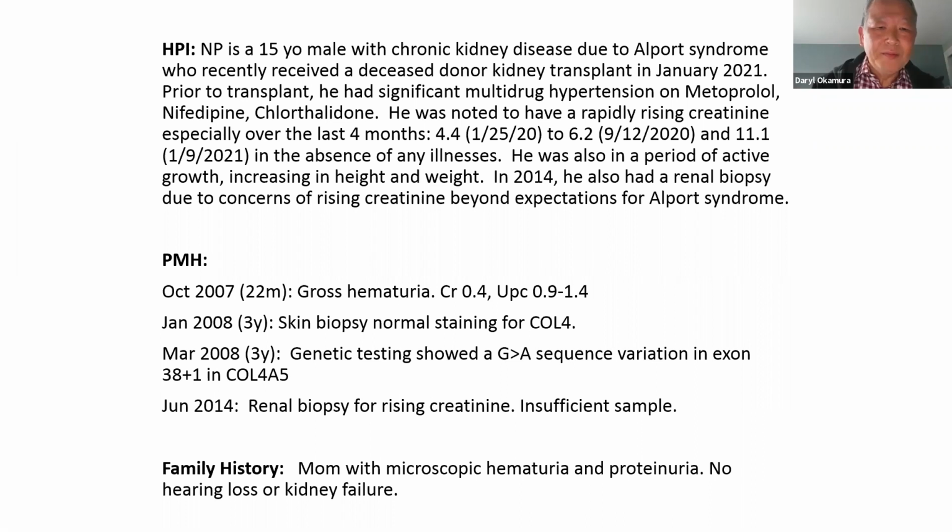He had a similar scenario about 7 years prior to that, and got a renal biopsy to see if he had some other diagnosis. So as I mentioned, he was diagnosed at about 22 months of age. He presented with gross hematuria, a creatinine of 0.4, and some proteinuria. His mom did have microscopic hematuria and proteinuria, so it was thought that he either had IgA or Alport. He underwent a skin biopsy, which showed normal staining for collagen 4, and then he had genetic testing a little later, which did show a mutation in exon 38, a very typical sequence change,